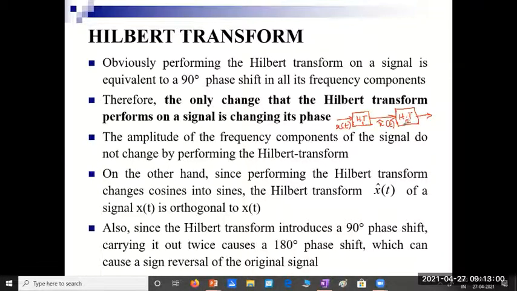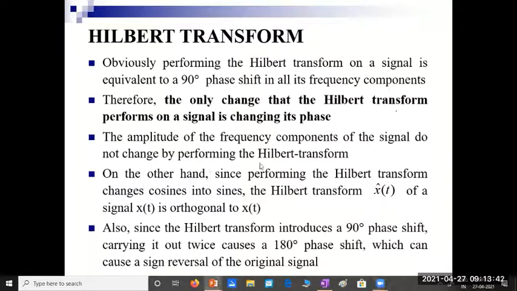Please answer. What do you think the second Hilbert transformer would do? It will add another 90-degree phase shift. So here you have a 90-degree phase shifted signal, and this will add another 90. So what do you think you will get here? Yes, you should be getting minus of x of t. A 180-degree phase shifted version of the given signal. So please remember this. If you take a given signal and pass it through two Hilbert transformers, in the end you will be getting the negated version of the actual signal. Okay.